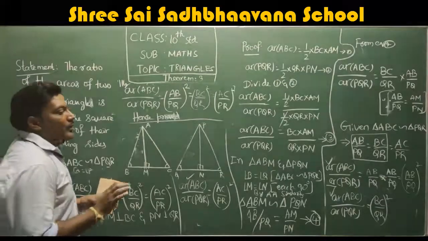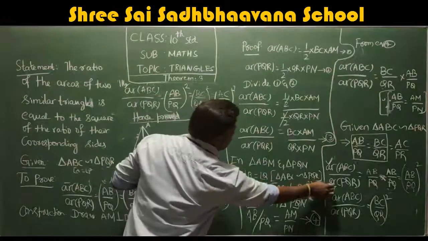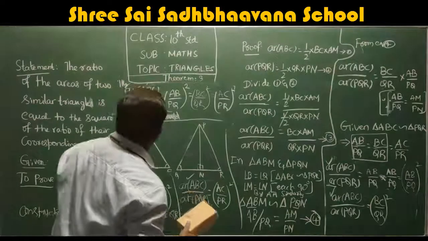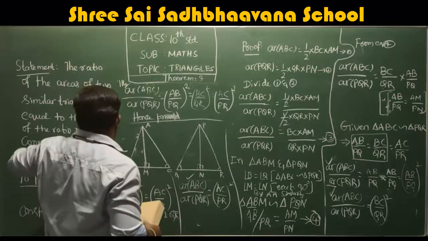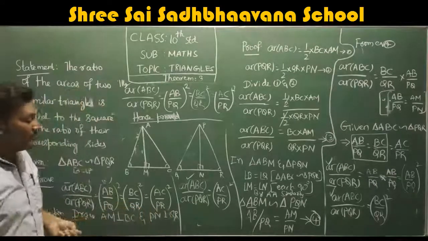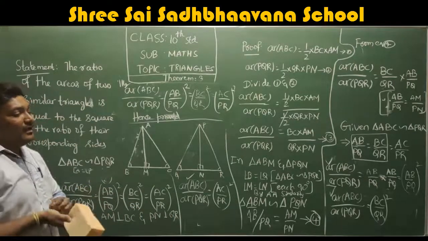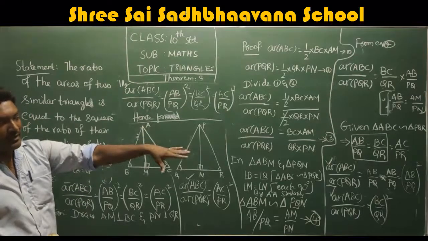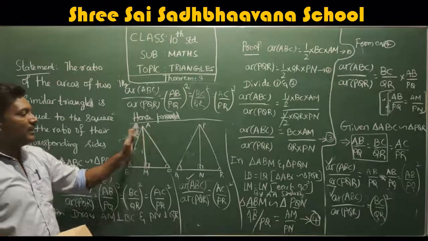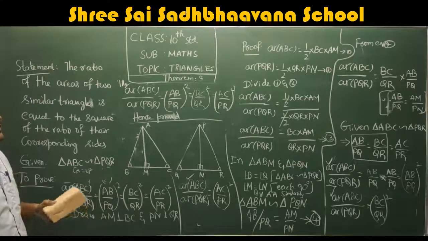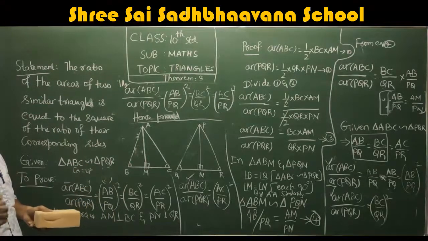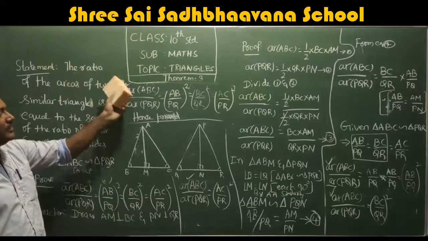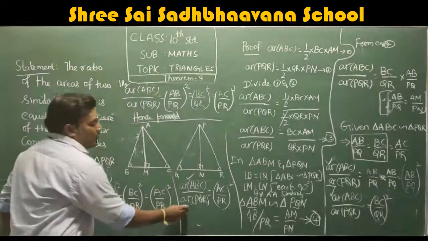What I am trying to say is, once you prove this, no need to write these two steps. Directly you can write the proof. Similarly, you write and that is enough, because some people will get confused about how AC came, how BC came here. All those things are not required. If area of triangle ABC by area of triangle PQR is equal to AB by PQ whole square satisfies, similarly the remaining two also will satisfy. So directly write, similarly; these two steps are not required.